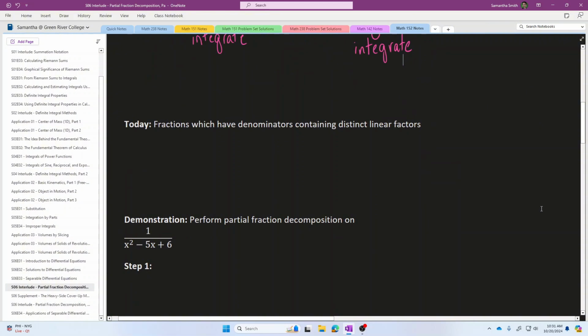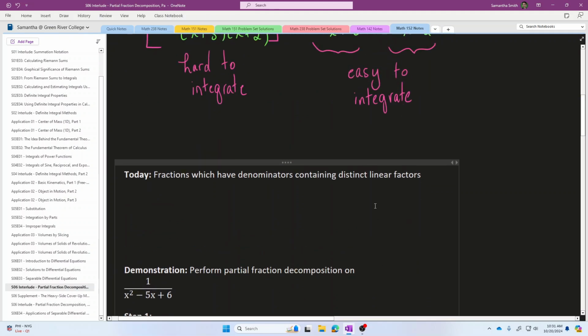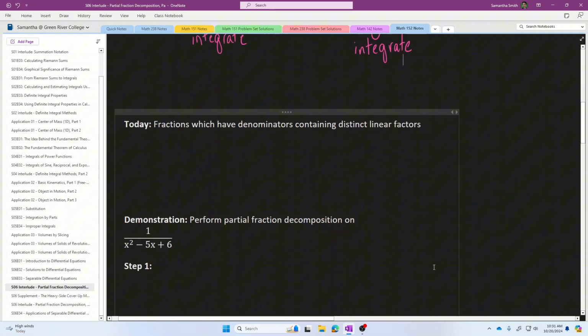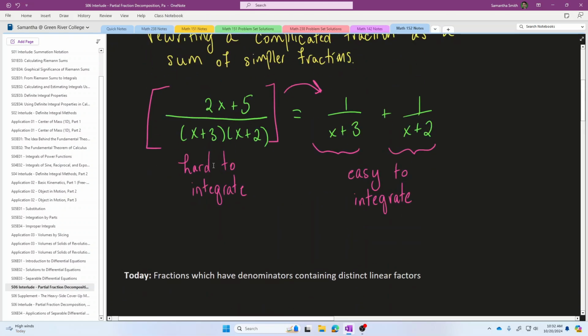Now, in today's video, we are going to be talking about how to do a partial fraction decomposition on a fraction where the denominator contains distinct linear factors. By which I mean today, we are going to be talking about how to decompose fractions that look like this one, where the denominator contains the two factors x plus 3 and x plus 2. Each of those factors is linear because it just contains x to the first power. Additionally, these two factors are distinct from each other. They're different. One is x plus 3 and the other one is x plus 2. This is the kind of thing that we will be focused on today,